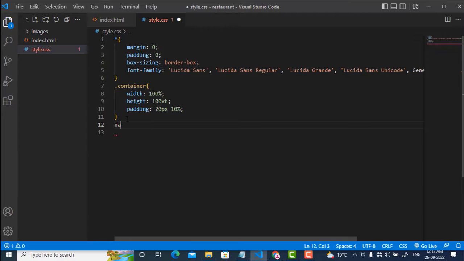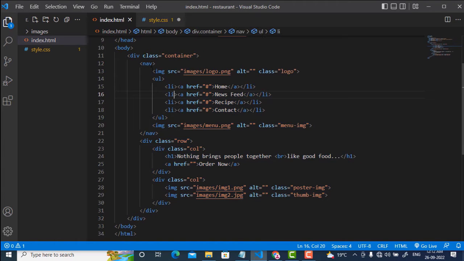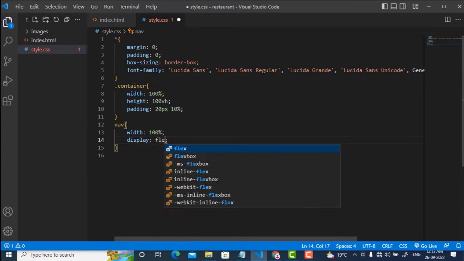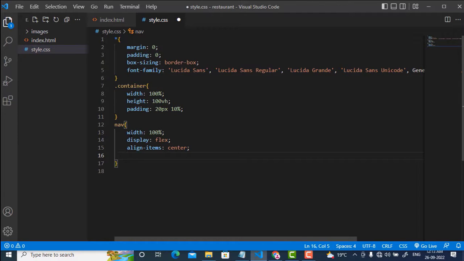Now I'm going to give the styling to this nav. This nav basically contains three items. This nav contains this image which is the logo, and this list inside which I have written home, newsfeed, recipe and contact, and another image, that is the menu image. These three items I will style now. In style.css I will write nav: width 100%, display flex, align-items center, justify-content space-between,